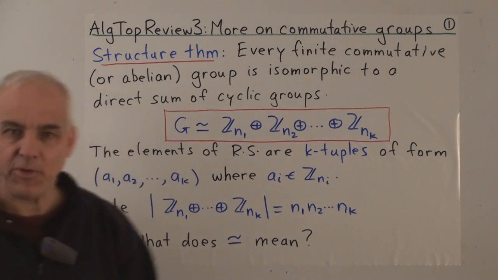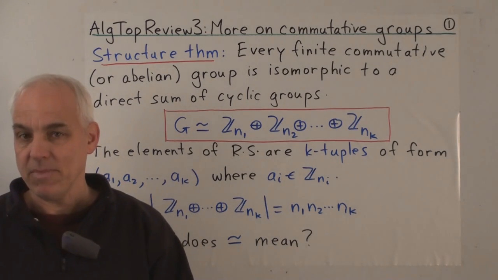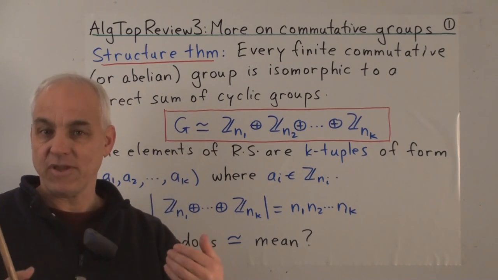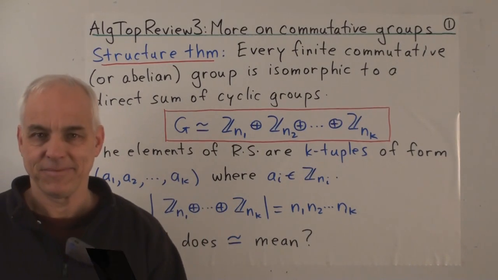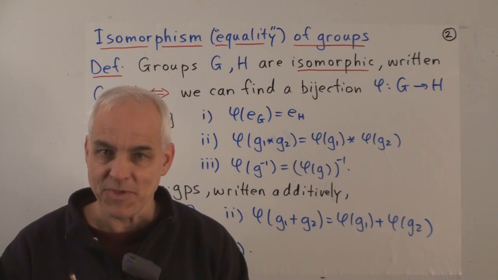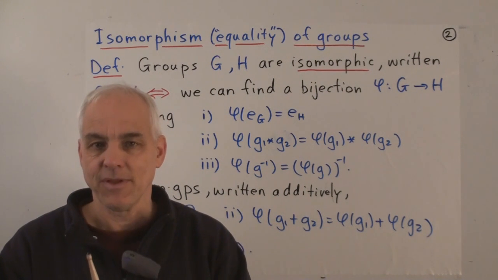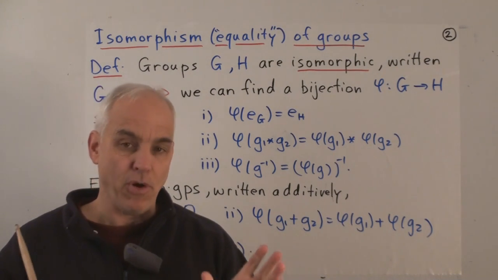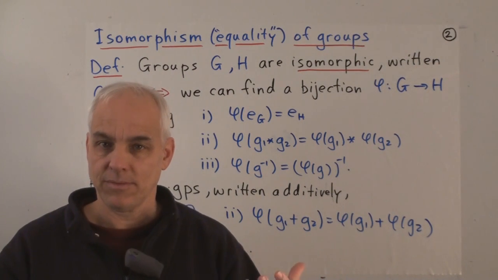All right, we're not going to prove this theorem, it's a major result, but we do need to say what exactly this isomorphism means. What does this symbol, which is our representation of equality in the group theoretical context, actually mean? This is a situation that we face repeatedly in abstract algebra. Once we've defined a particular type of algebraic mathematical object, it's usually important for us to say when two such objects are going to be considered equal.